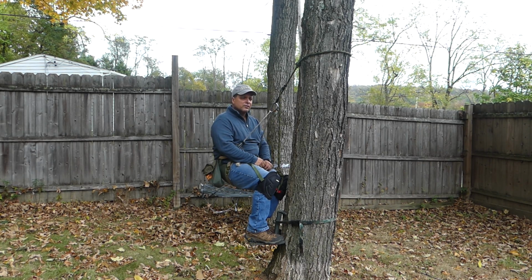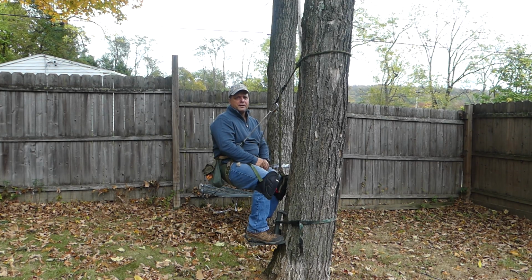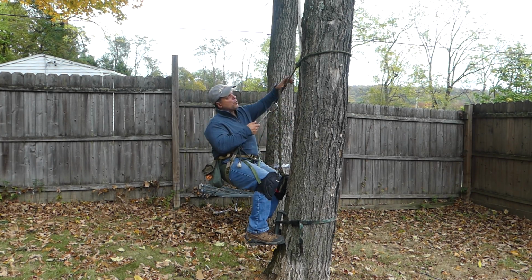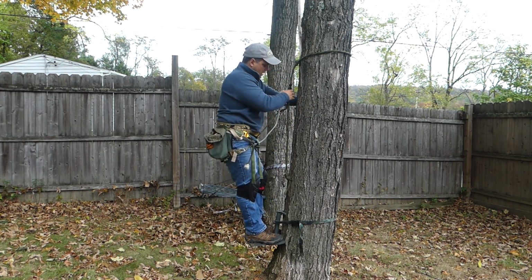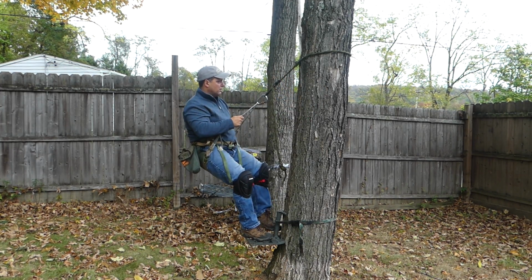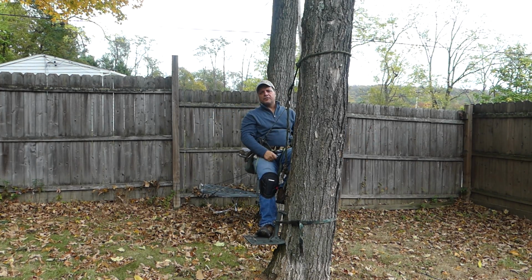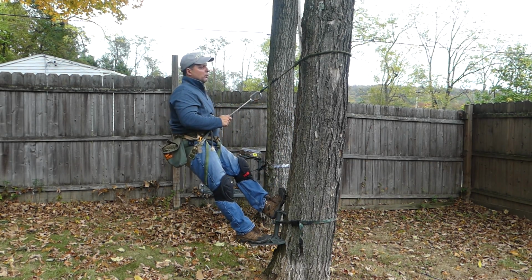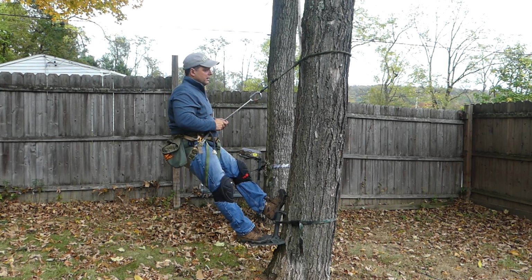I'm more of a leaner. Scott, he's more of a sitter. He'll climb into a tree, DRT method, and tie in a lot higher than I am here. One of the nice things about that is he'll have more mobility. The longer your tether is and the higher it is up the tree, the more mobility you'll have around the tree. If I wanted to come around my tree and shoot over here, the longer that tether is, the more mobility you have. So that's one of the nice things about climbing either DRT or SRT and having a high tie-in point. But